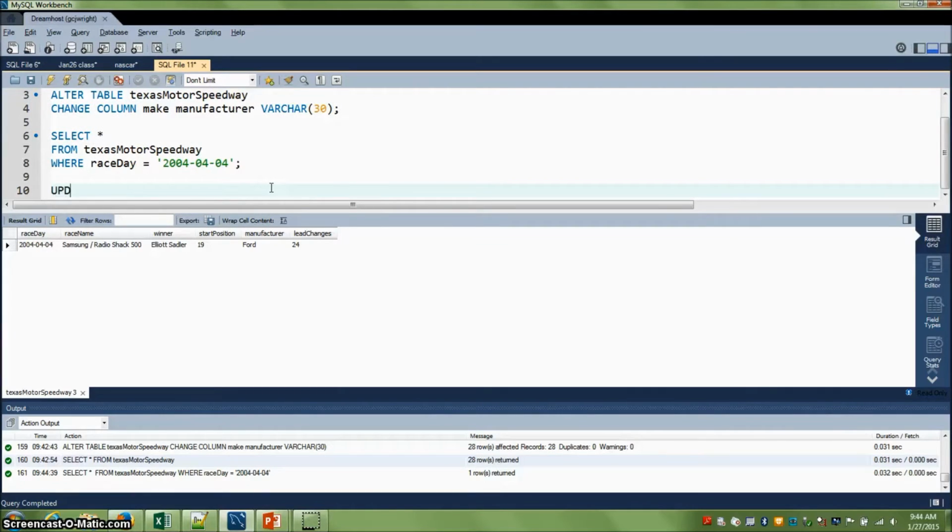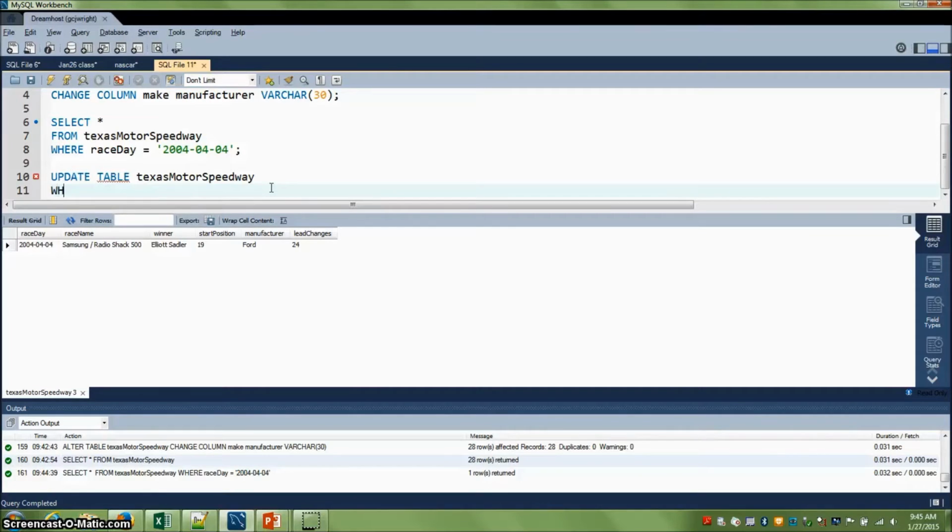So I'm going to say update Texas Motor Speedway, and set. Sorry, I don't think I need a table there. Set, and I'm going to say the field is called start position, equal to 20. And let's change this car. Maybe we can even do two things here, right? So we'll say the manufacturer equals Chevrolet,